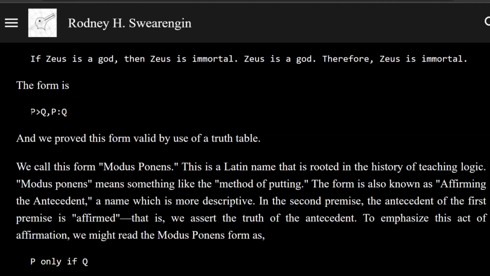So the form of modus ponens, if you look a little bit further up in the text, is this form. First premise, P only if Q. Second premise, P. Conclusion, therefore, Q. So we have two premises and a conclusion, and this form is actually valid. And we can prove that it is valid